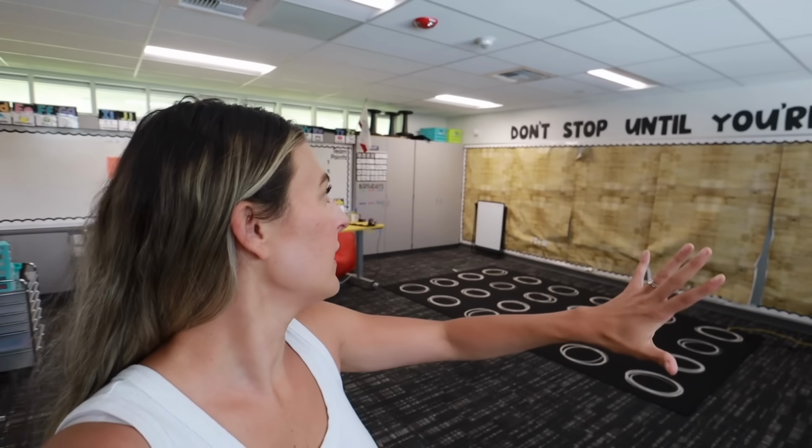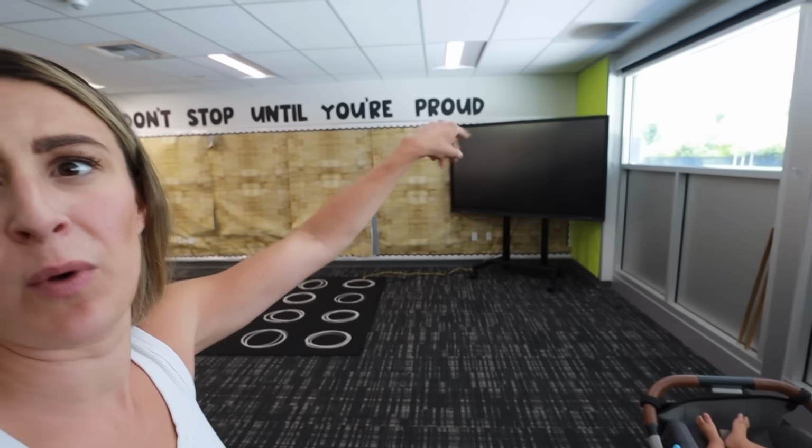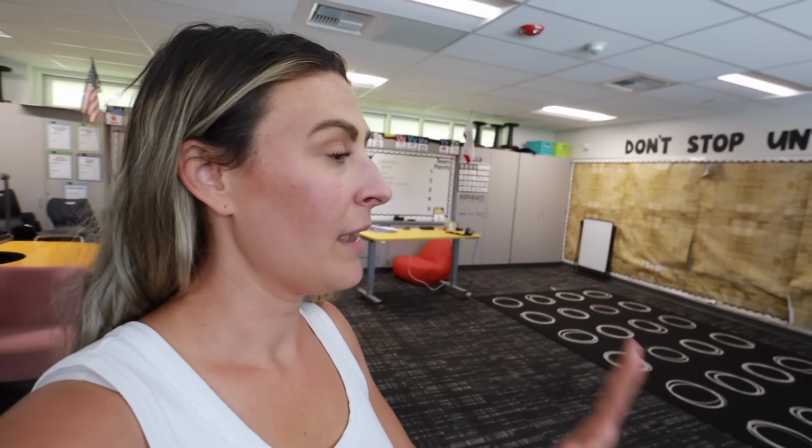Initial thoughts, I'm kind of obsessed with it over there. It makes so much more sense. It's not blocking any of the cabinets. It's blocking a big chunk of wall that I never really used, this little green wall. There's outlets right there. I'm kind of loving that. Now here's where my brain started to go to, though. When I use my Elmo, my teaching Elmo, it is kind of nice to be close to the TV because it's an interactive TV. So I might play with